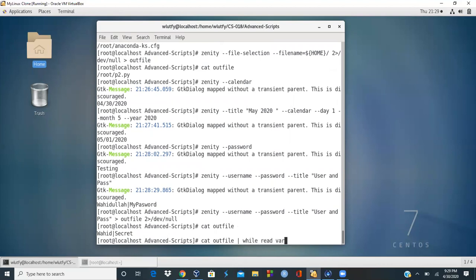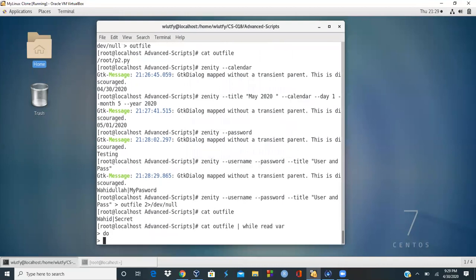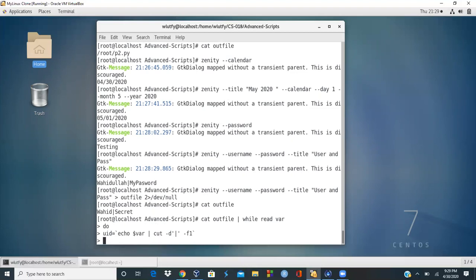do, at this time I'm going to say, let's say user ID is equal, and then say echo $var | cut -d, delimiter in this case is a bar, and then -f1. Take the first field of it, assign it to the user ID, and then the second field would be my pass. Good. My pass is I'm going to use the subshell, and I say echo and $var